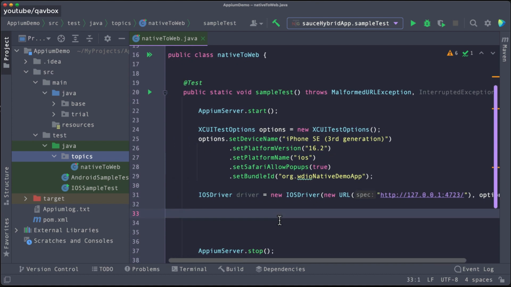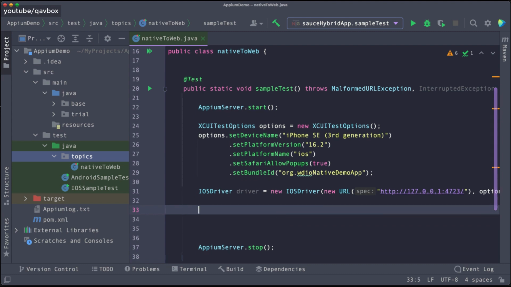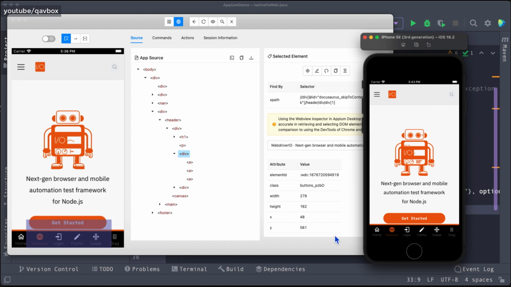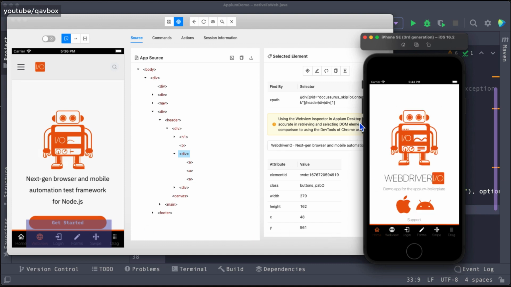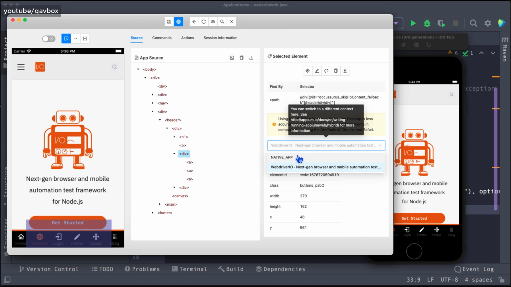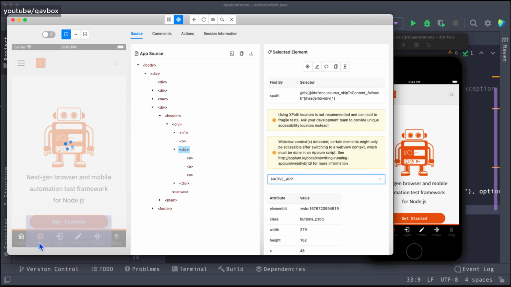This one we already discussed in our previous sessions, so I'm not going to repeat that. Now let me automate it. Whenever you first launch this mobile app, it will be in this view. After that you need to click on this web view. Let me take this to the native app first, so that I can get the web view's